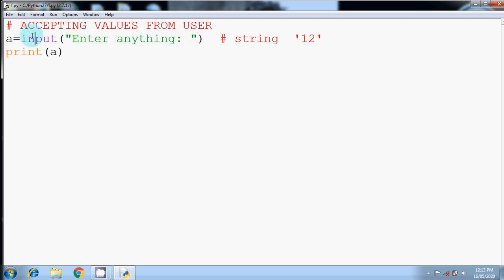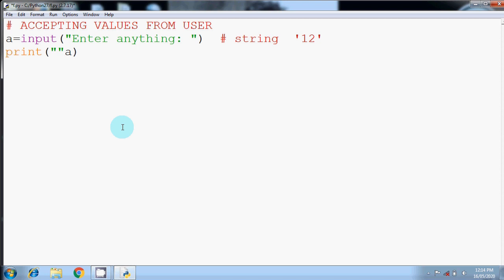The user enters the value, it is taken by the input function and then assigned to the variable a, as I have equated that particular thing to my variable a. Now the variable a has a particular value, any value, a string, and then in the next line I am saying print. So print is a function which prints any particular value on the output screen. So by using this function I am printing the variable a's value onto the output screen.